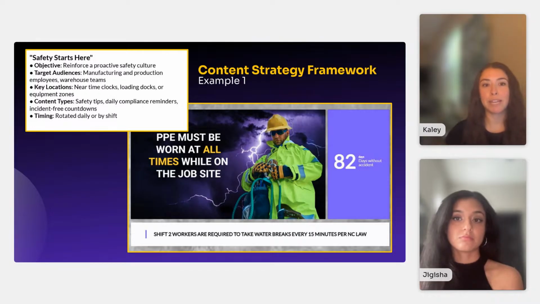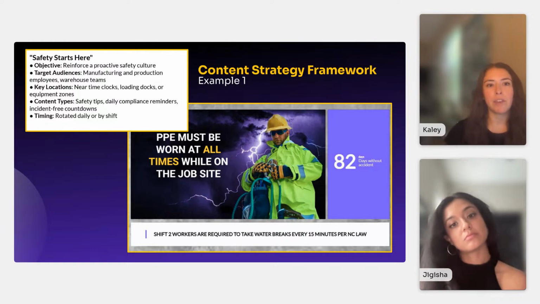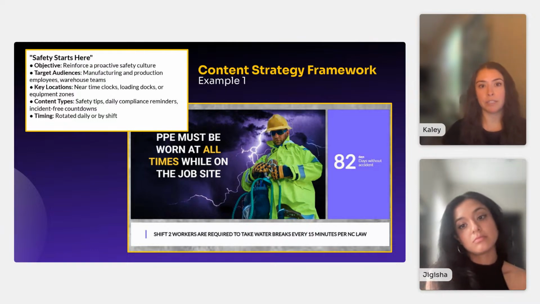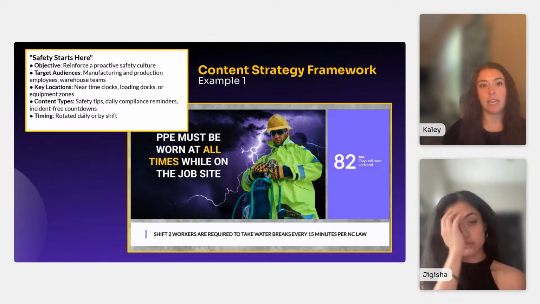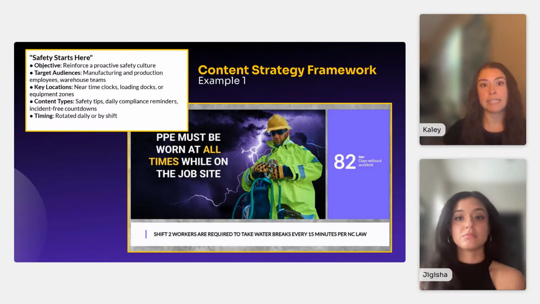We're looking at the examples on our screen. We can see we have a 3-zoned layout here. The main zone is comprised of safety reminders, reminding employees that they must be wearing PPE while on the job site. In our portrait zone to the side, we have our count up timer, which is counting up the number of days since the last incident. This is a great reminder to employees that keeping safety top of mind and continuing to make safe choices can allow for them to continue to go more days without an accident. The ticker at the bottom has safety reminders for employees throughout the day, such as a reminder to drink water or take breaks periodically.